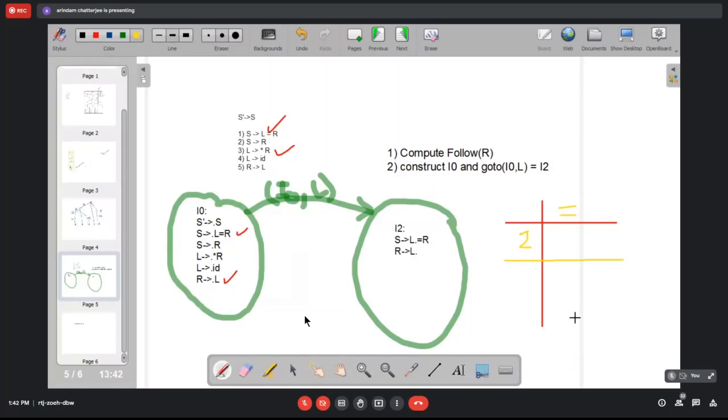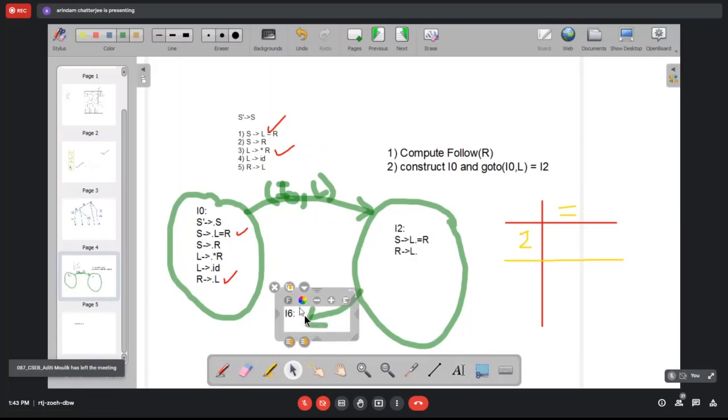Now you can see in state 2, that is I2, for equal to symbol, you can easily go to a different state, say I6.